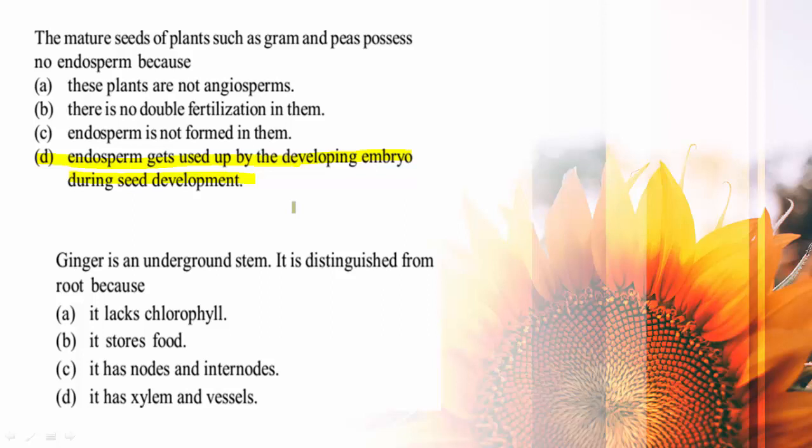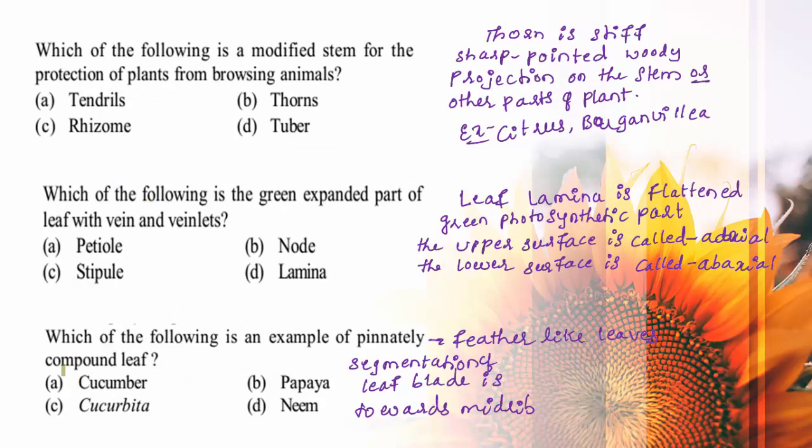of the stem. If you observe the ginger, clearly you can see the markings of nodes and internodes. Any structure which is having node and internode is of course a stem, whether it is modified or normal. The root is without node and internode, hence the ginger is an underground modified stem. It can be distinguished from the root due to the presence of nodes and internodes. Then coming to the next character.